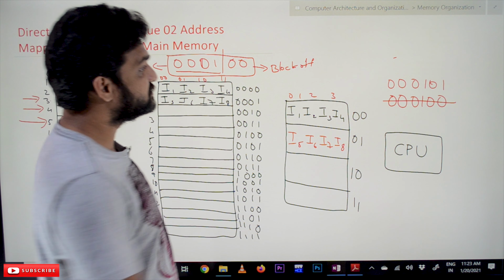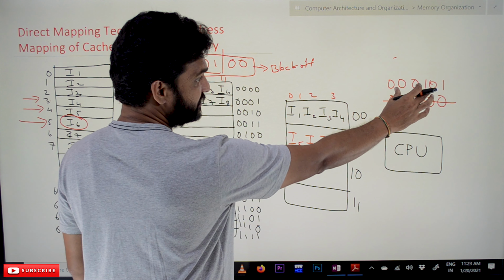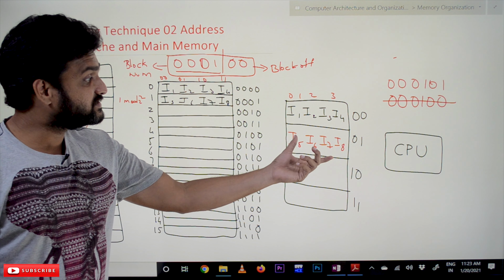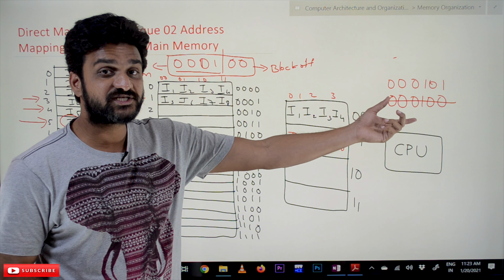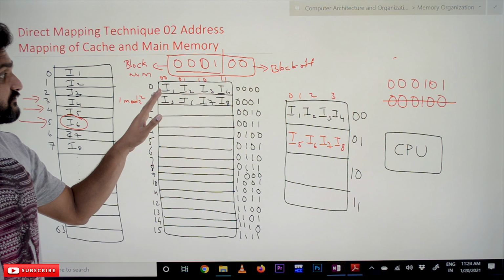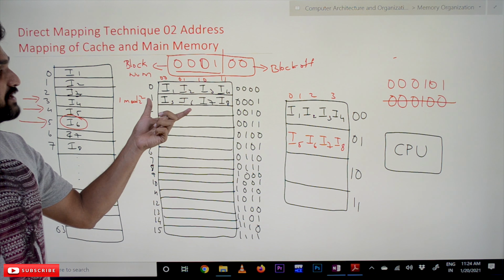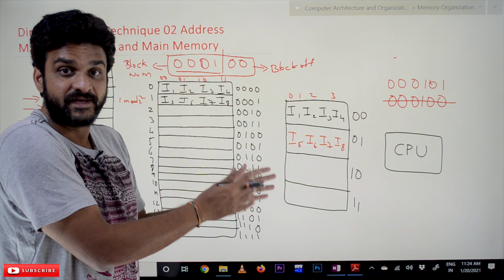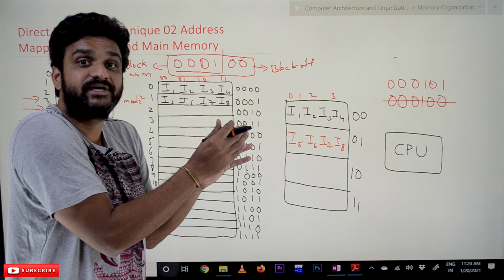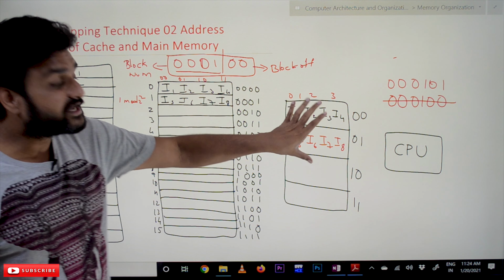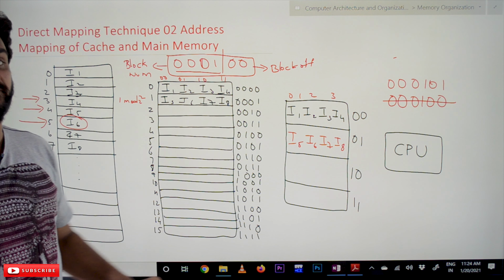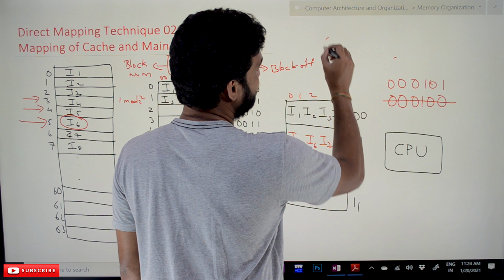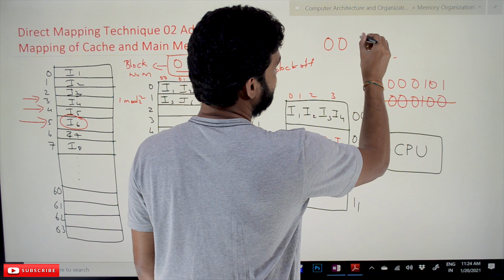So what is that address that we have? It is this address. And how to check that in the cache memory? As instruction 5 was not there in the cache memory, we identified it from the main memory and transferred it. Now instruction 6 is already there in the cache memory. So how do we get that instruction 6 from the cache memory? In order to make that happen, we are going to divide this entire address. This is what we call address mapping.